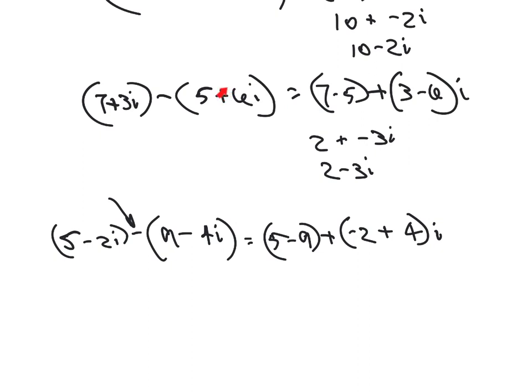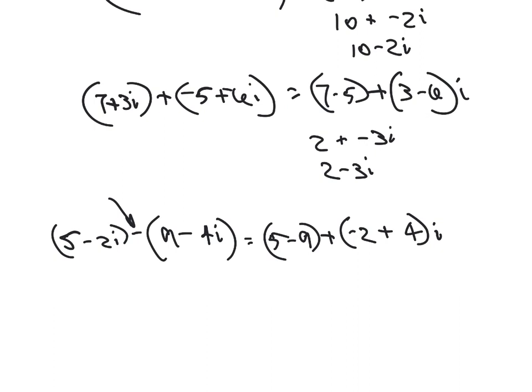So it's as if we distribute this negative. So it's kind of like doing this. Okay, so now we have 7 minus 5, 7 minus 5, 3 minus 6, and that plus sign is right there. Okay, so let's look at what we've got